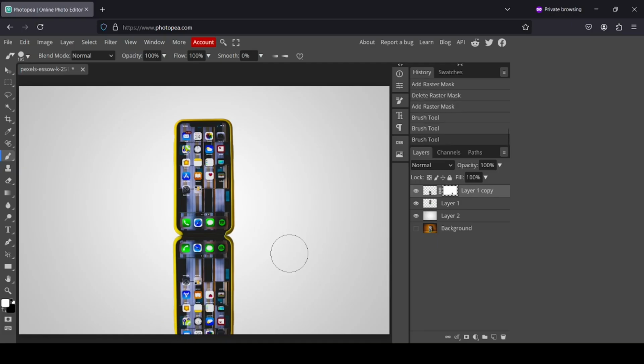So here it is. The only colors you can use here is kind of black and white to erase and to show again. So now I'm going to use a gradient so we can have a transition between the black and white. So I'm just going to select the gradient tool. So here it is. For the foreground, I'm going to select the white color. For the background, it's the black. So it will go from opacity here, it will show the layer. And then here